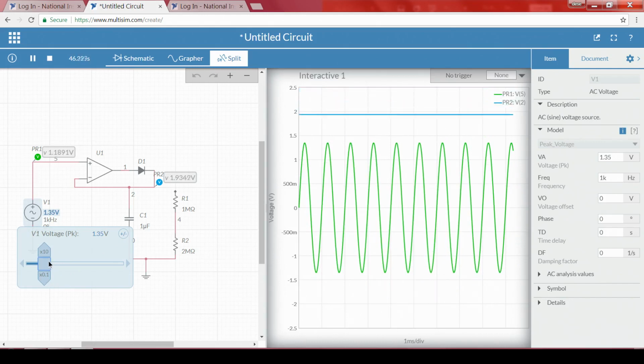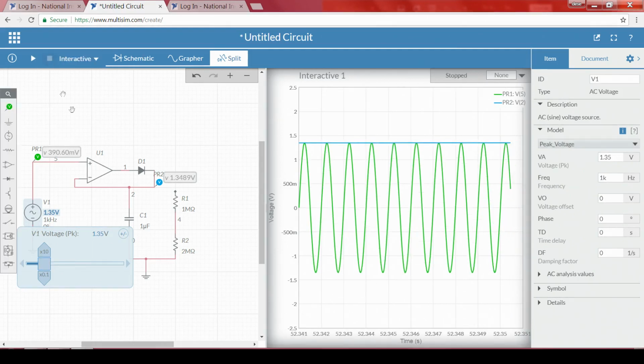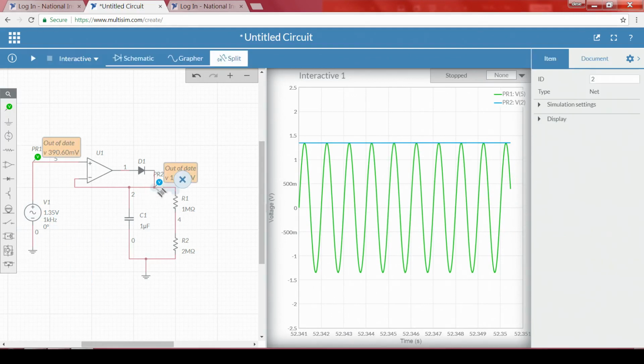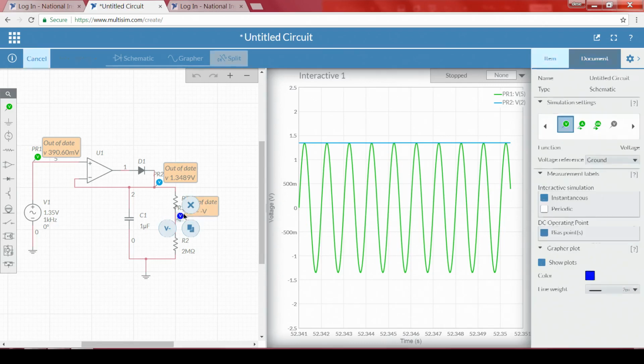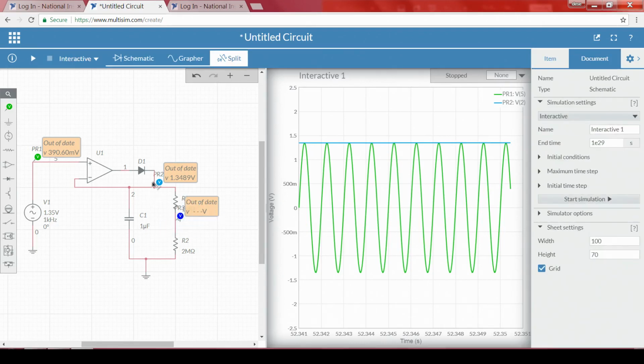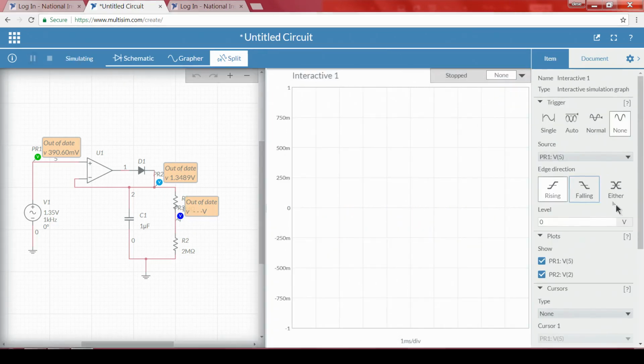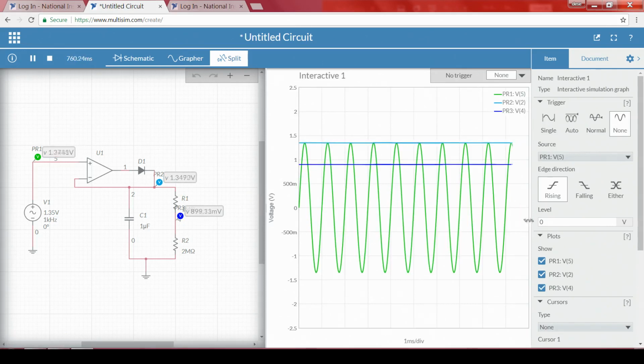Now, what is our other purpose? We have to see whether it is providing the threshold of our requirement or not. In order to understand whether it is providing or not, what do we do? We will connect this R1 resistor and take another output voltage at this point. Now, this particular terminal I am not interested in. So, let me run, and even if it is there, no problem for us.